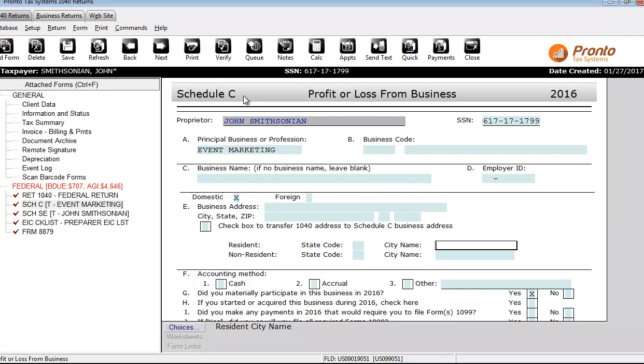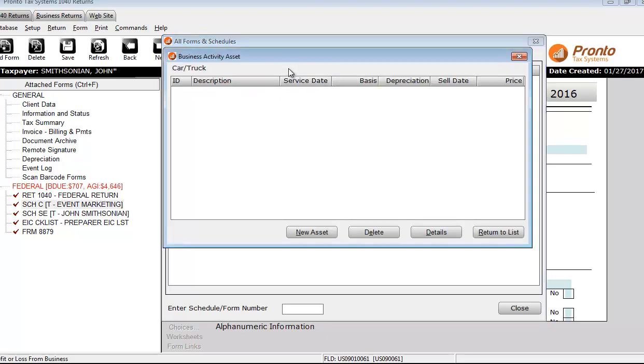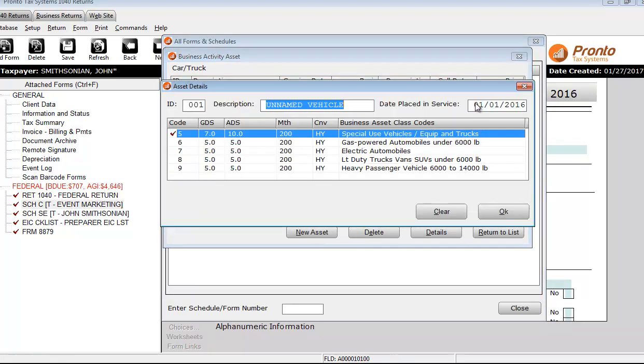So you get onto the Schedule C, in this case for the car expenses for Schedule C, and you press Control N, and it kind of knows that you're going to be using some car expenses. So it creates this vehicle allocation. You go ahead and get into that and you need to add a new asset. And this is where it's going to pull a lot of the data from in figuring